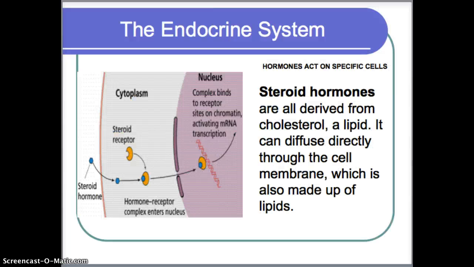Steroid hormones are different because they are fat soluble. They can diffuse directly into the cell, so these steroid hormones can enter any cell in the body. Their receptors are not found on the cell membrane, but in the cytoplasm, and usually in the nucleus of cells. Once the hormone binds to its receptor, it will bind to specific DNA sequences